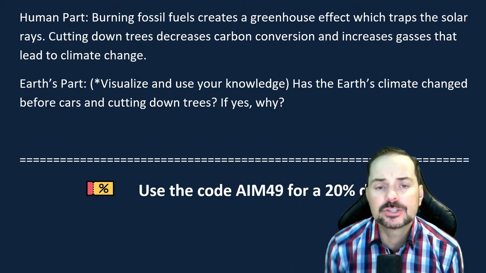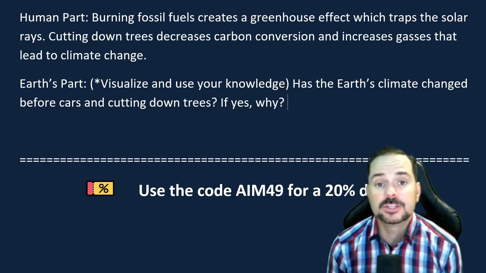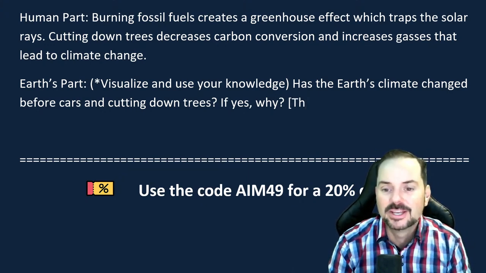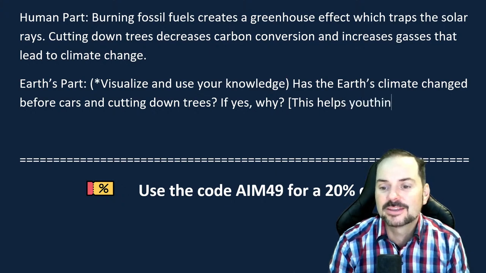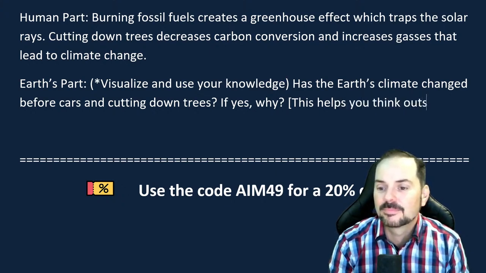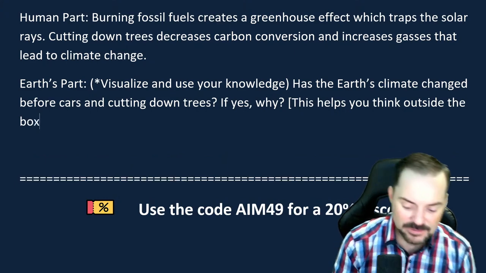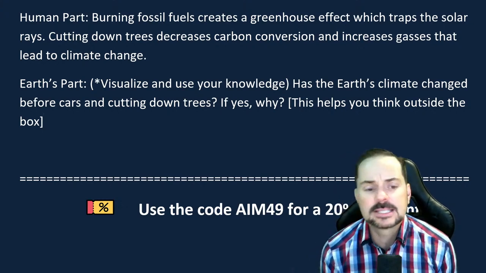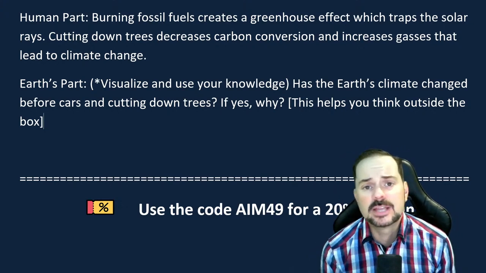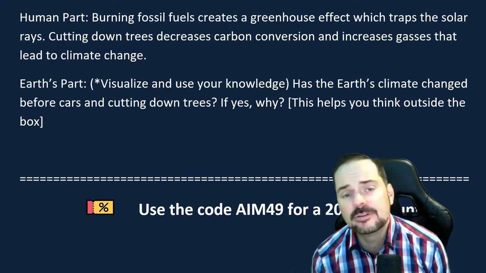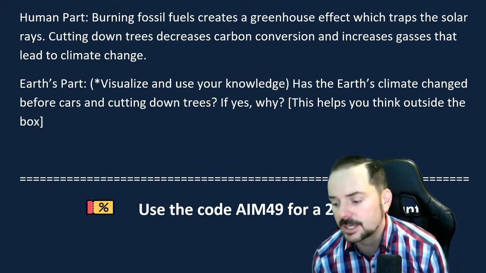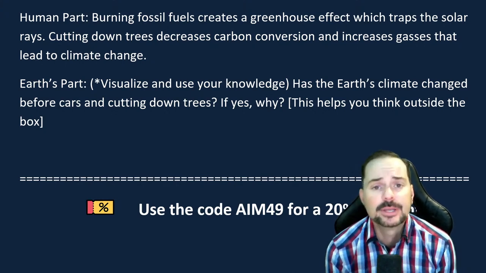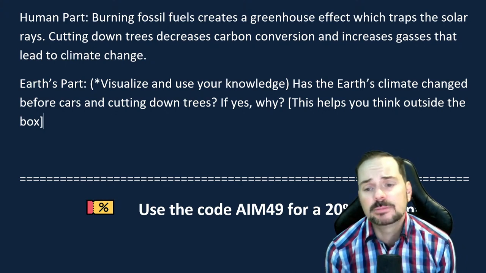So here's a good question for you then, and I might be able to convince you to think outside the box, right? So here, let's do box parentheses, right? This helps you think outside the box. And the box is often media, right? The influence of popular media knowledge. So has Earth's climate changed in the last 200 years? Has it changed in the last 500, 10,000, 1 million? Has it changed? Did Earth always have this kind of climate? Or has it really always been changing before humans came along?